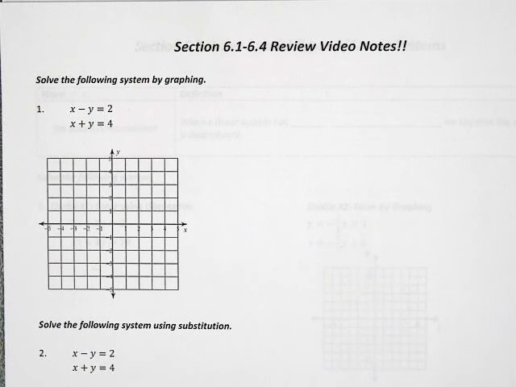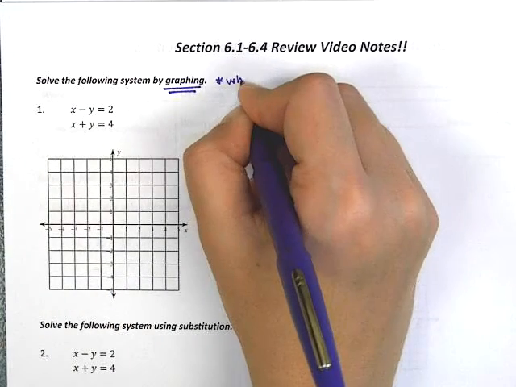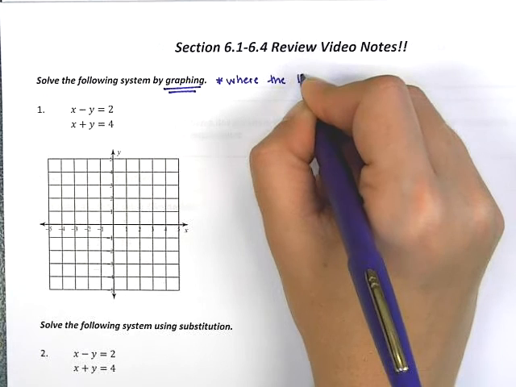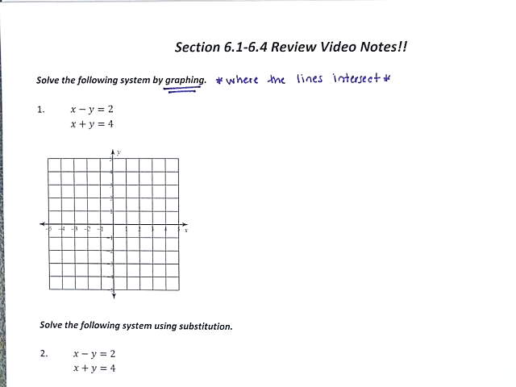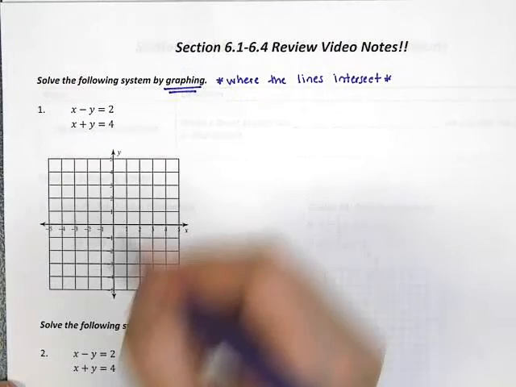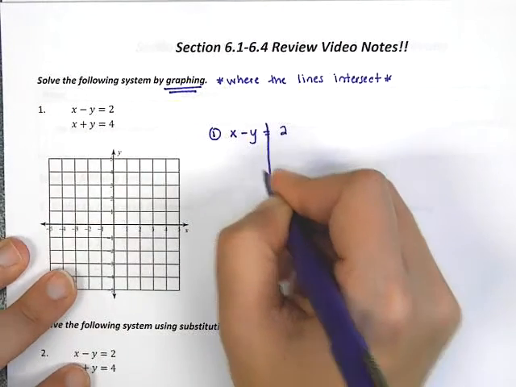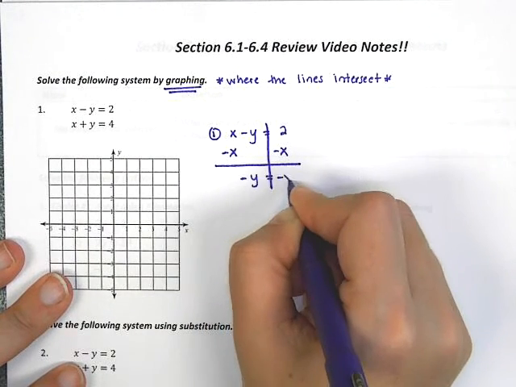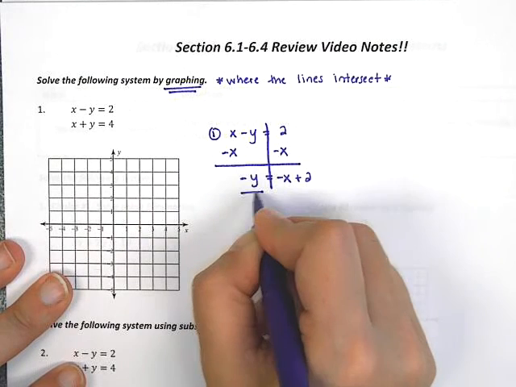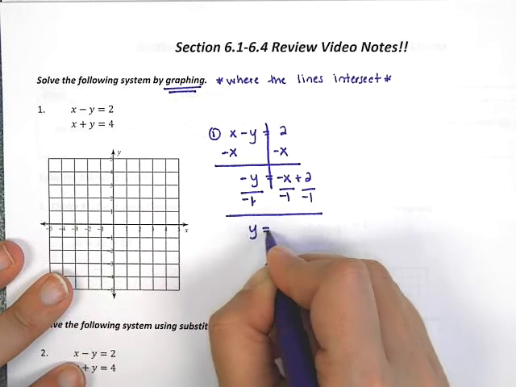So we're going to start by solving this problem by graphing. I know that in order to solve by graphing, what I'm really looking for is where the lines intersect. So let's start by getting the y by itself so I can actually make these graphs. The first equation is x minus y equals 2. So I'm going to subtract the x on both sides, and I'm going to get negative y equals negative x plus 2. Now I'm going to divide by negative 1 to every single term, and I get y equals positive